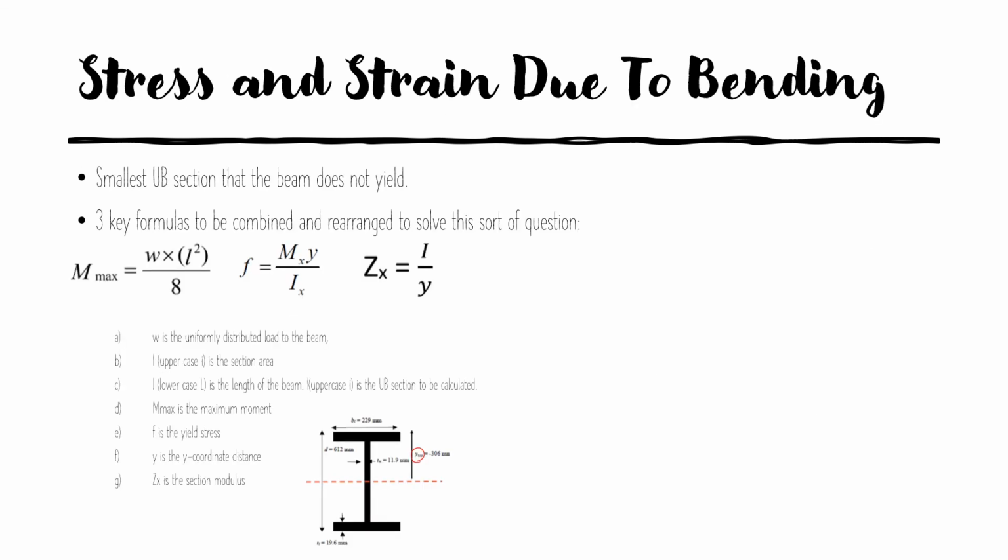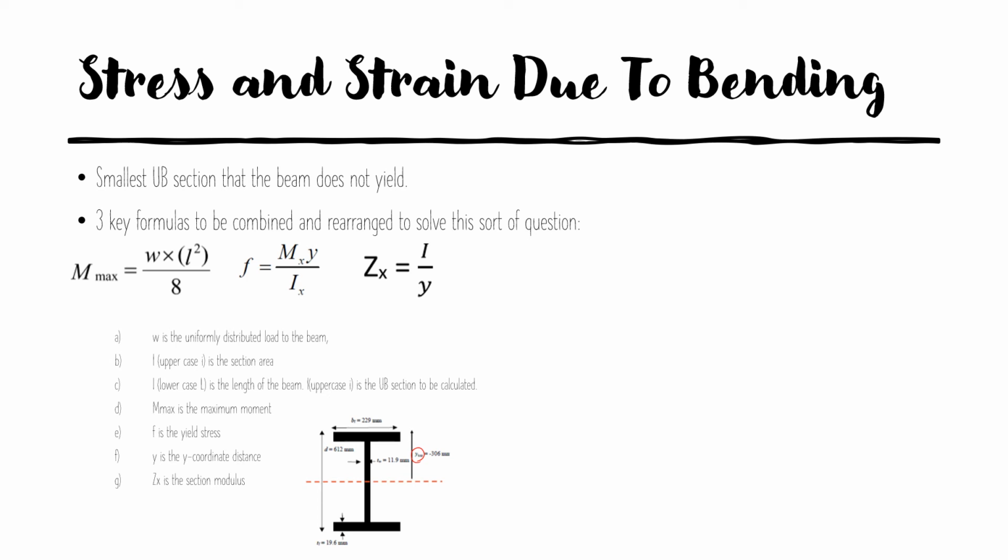Okay guys, now we're at the last section of our presentation today: stress and strain due to bending. Calculation questions based on stress and strain will normally ask you to determine the smallest UB section that the beam does not yield. Typically, there will be three key formulas to be combined and rearranged to solve this sort of